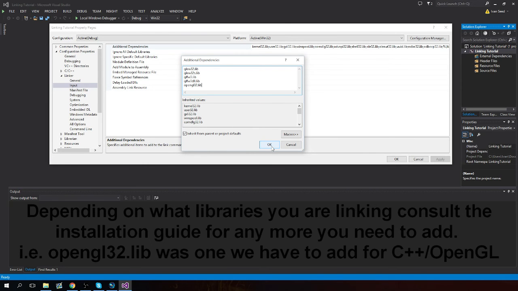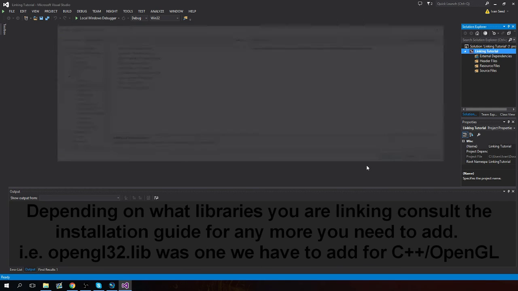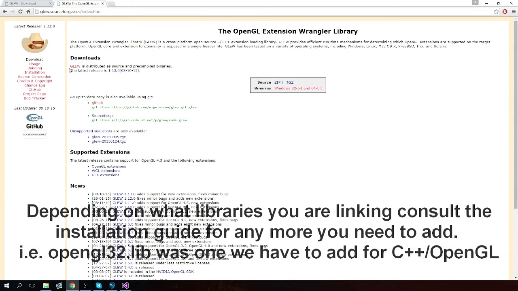If you're doing another library, if you're not using the exact same libraries as I'm doing, you're just going to consult the manual page. I'll click apply, save everything. Yeah, so if you go onto